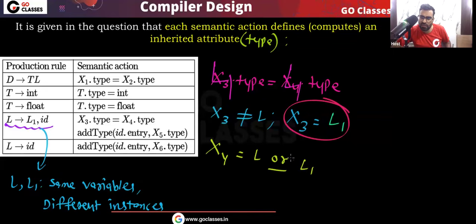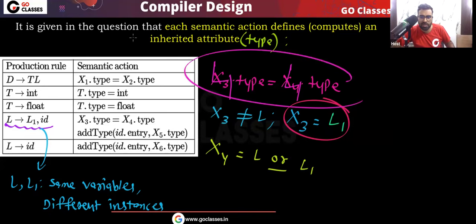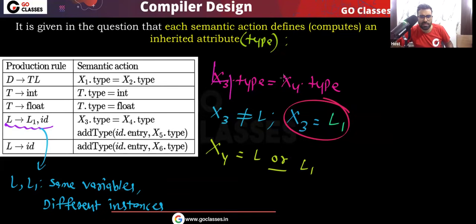If this x4 is also L1, then it will become redundant. Yes or no? Like L1 dot type is equal to L1 dot type. So it will become meaningless. I can say L1 dot type is equal to L1 dot type, it will become meaningless. But that's fine, because let me tell you, if you check the